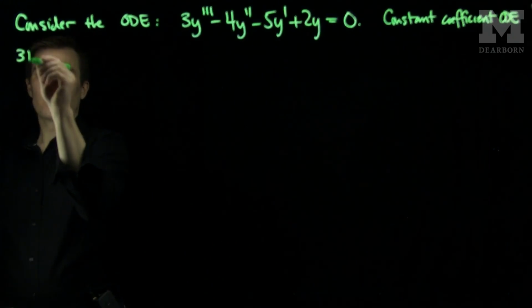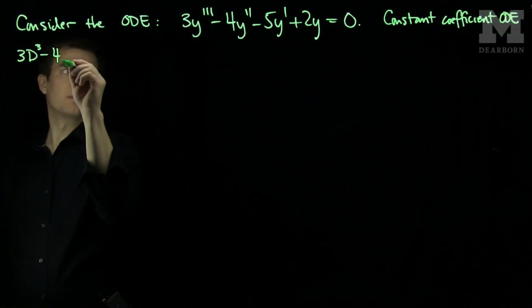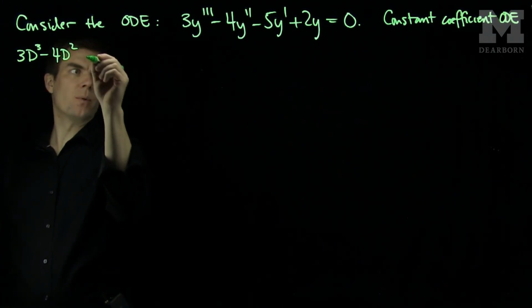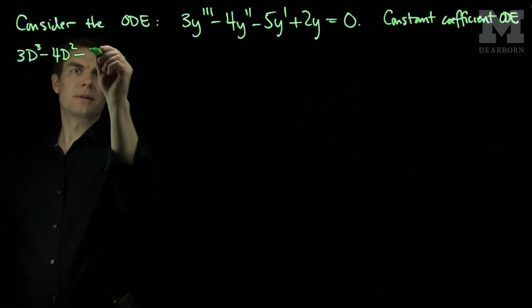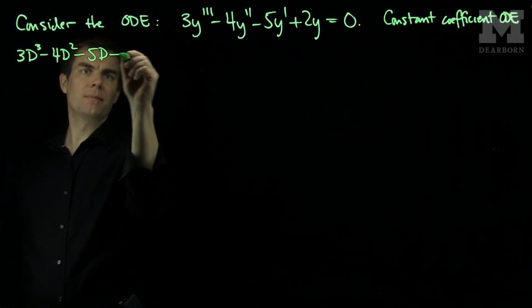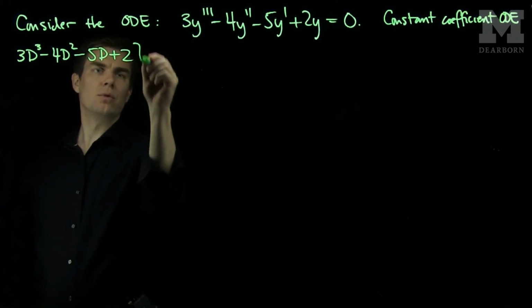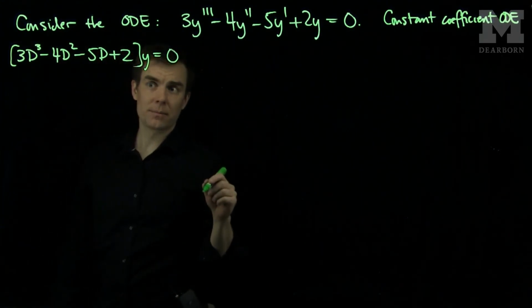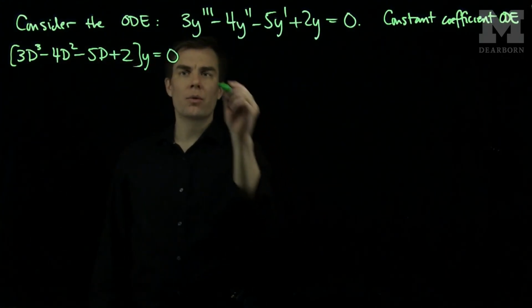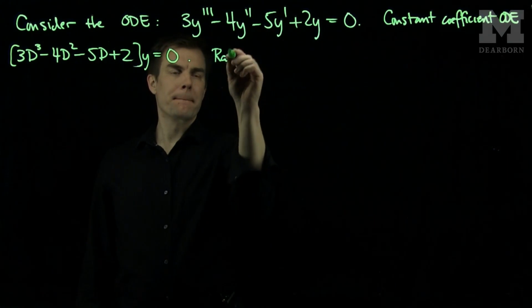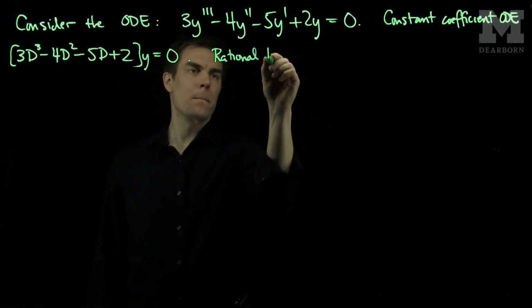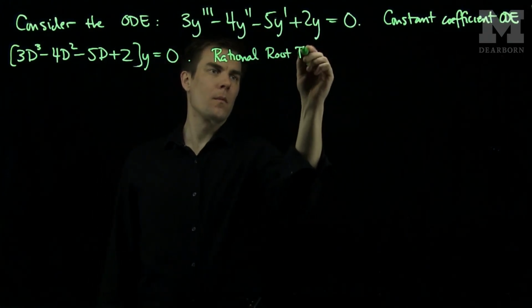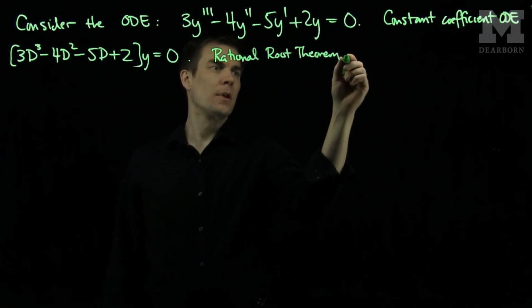Our differential form expression will be (3D^3 - 4D^2 - 5D + 2) applied to y is equal to 0. So the rational root theorem tells us